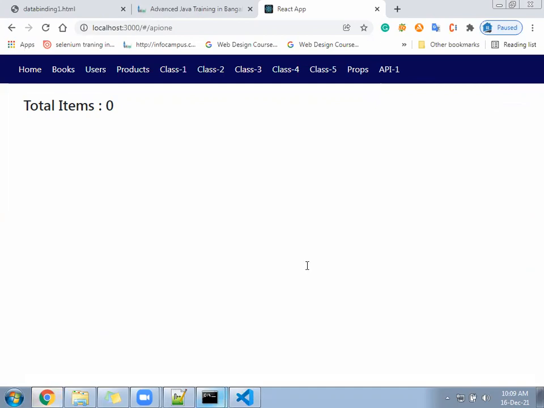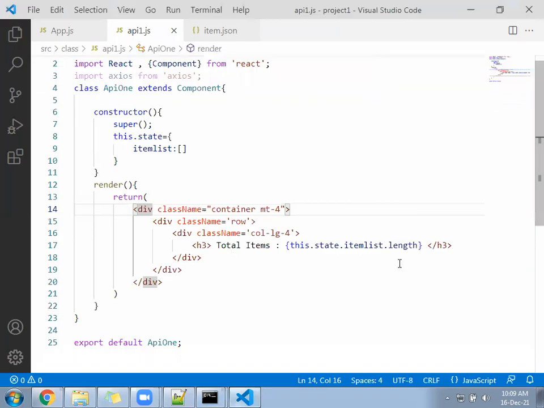So itemList is still empty. So itemList has to come from where? Data has to come from the item.json file and be stored under the itemList array. From there only listing and other activity will happen.